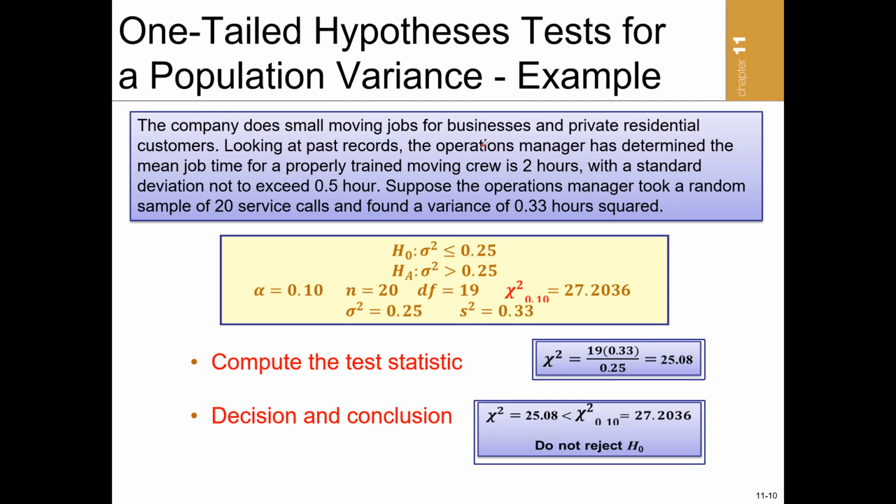Now, remember that looking at past records, the operations manager has determined that the mean job time for a properly trained moving crew is 2 hours with a standard deviation of 0.5, okay? Now, the average time for a moving crew, usually we cannot have a standard for this. So what it means is that the manager claims